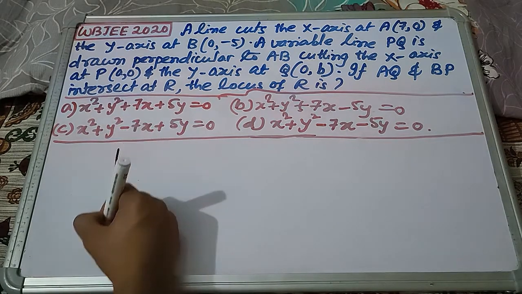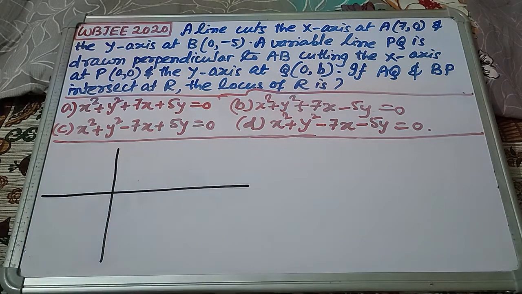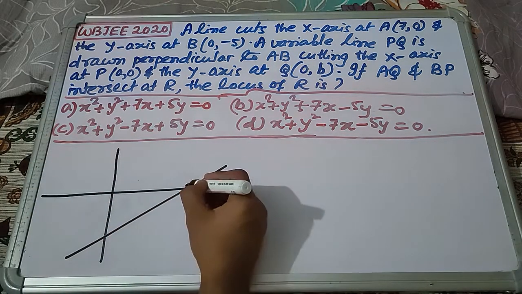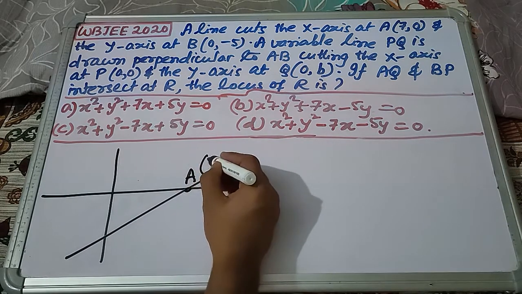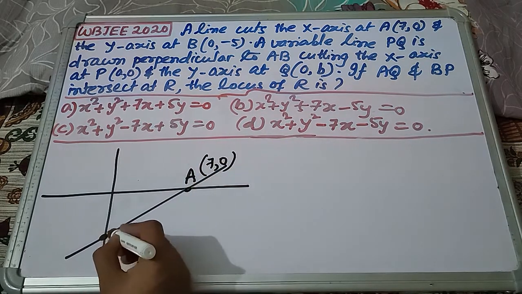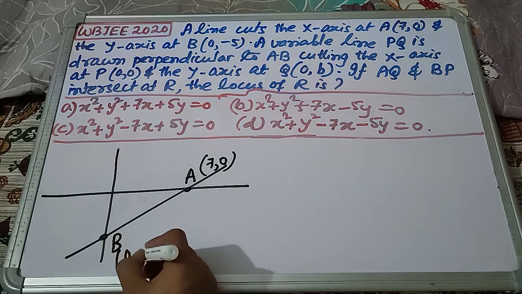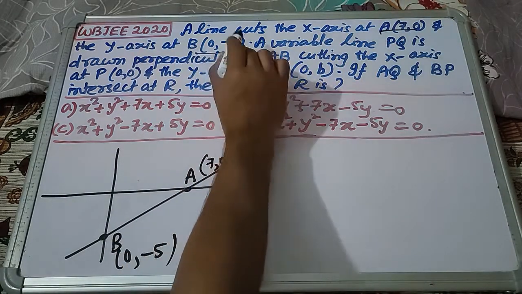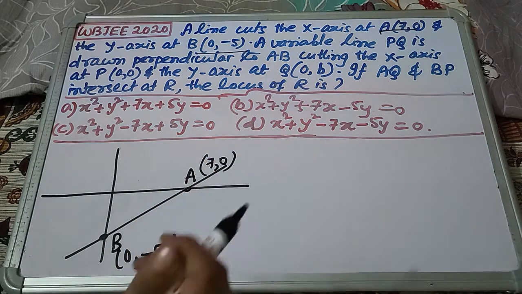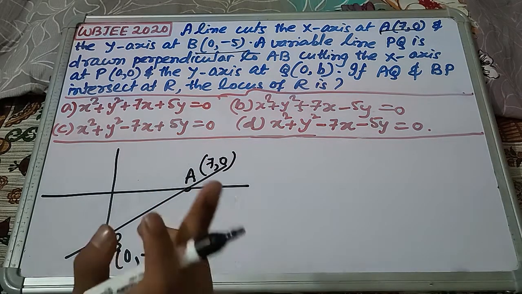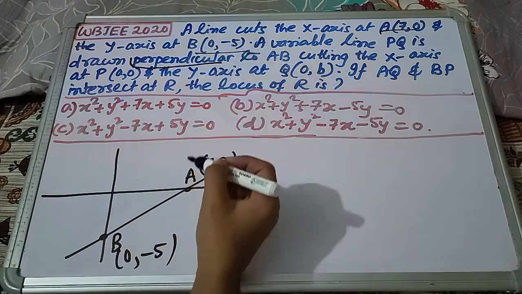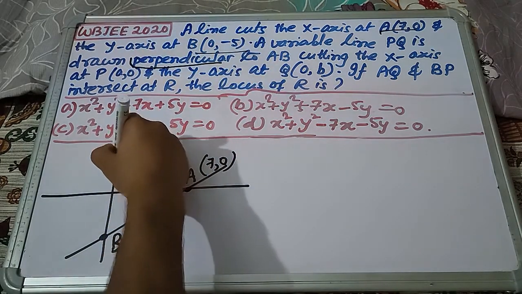So as per the question, this is our Cartesian plane. It says a line cuts the x-axis at A and the y-axis at B. So let this be the line. The point A is given 7, 0. The point B is given 0, minus 5, right? A is 7 comma 0 and B is 0 comma minus 5. A variable line PQ is drawn perpendicular to AB. The key word is perpendicular. We need to draw a line perpendicular to AB